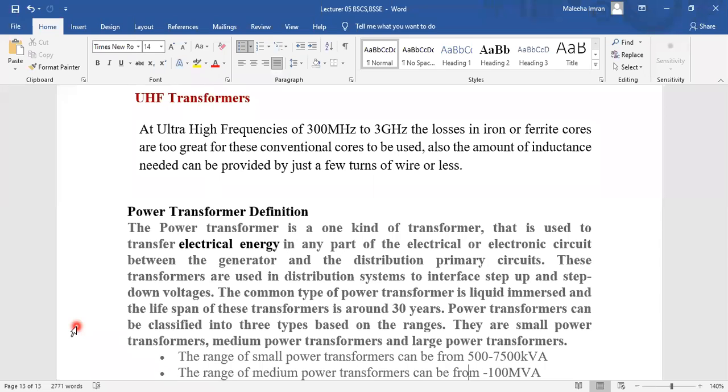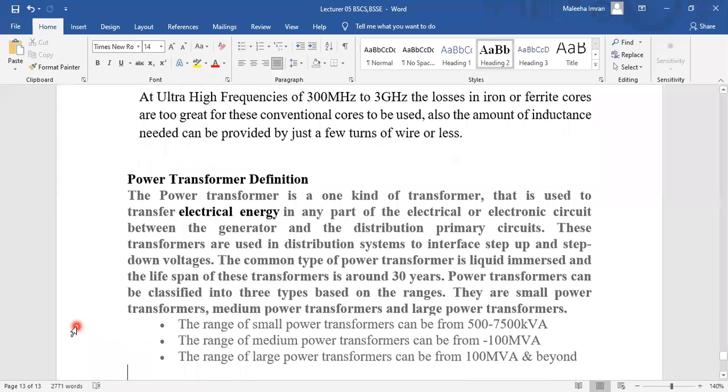Power transformers can be classified into 3 types based on the range. They are small power transformer, medium power transformer, and large power transformer. In the case of the small power transformer, the range can be from 500 to 7500 kilovolt ampere,